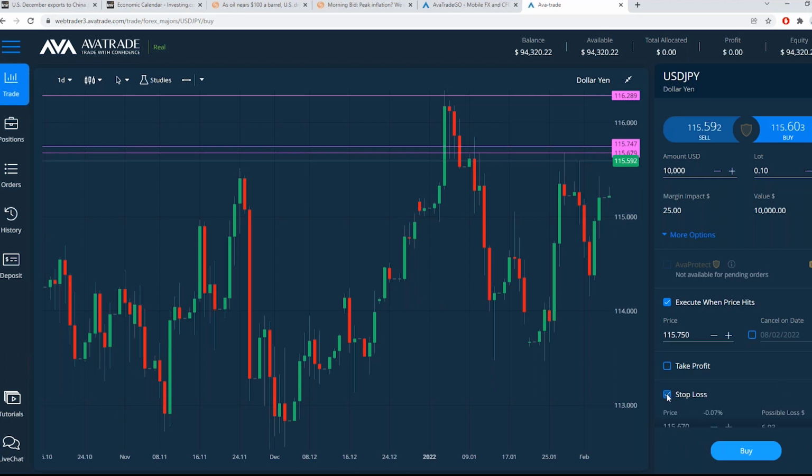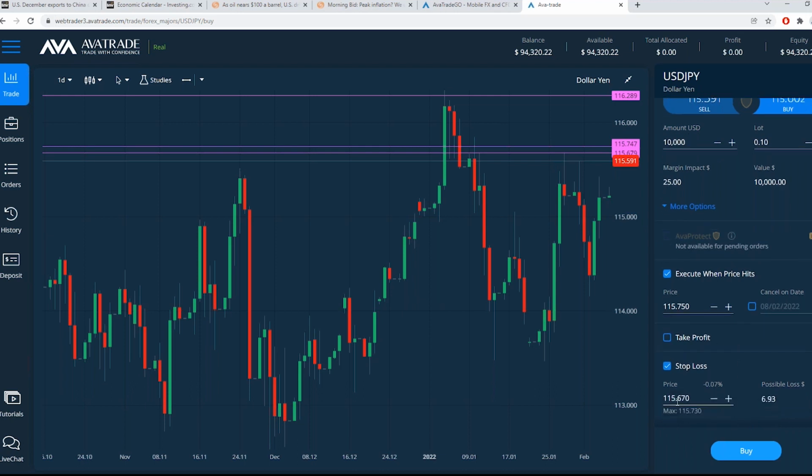Then your stop loss could just be right back down below, at like 115.60. So we'd have to break back below that broken resistance, which should act as support after that, in order to hit your stop loss. That's only 15 pips risk.